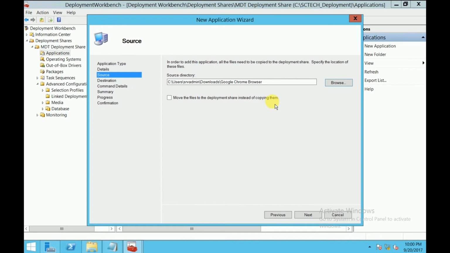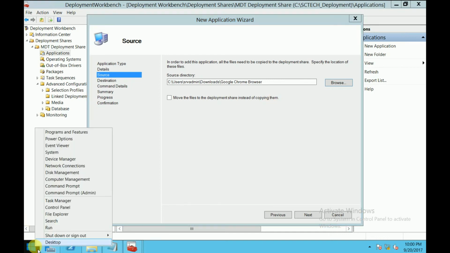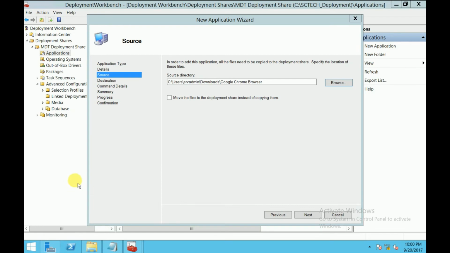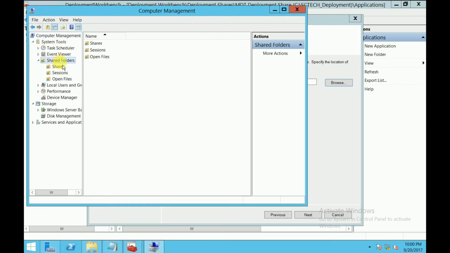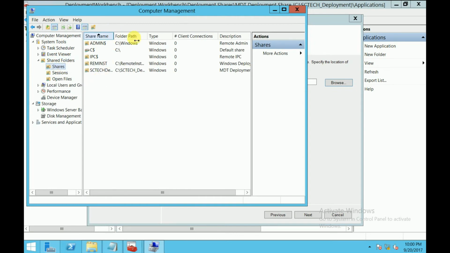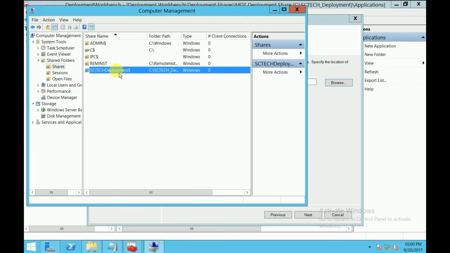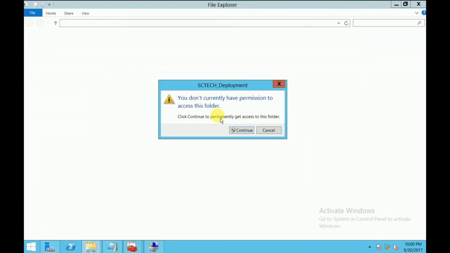What MDT does is take a copy and put it in the shared folder that MDT has taken. If you go to computer management and to the shared folder, MDT has created one share, which is the SCTech deployment share that I named earlier. So if you just open it,